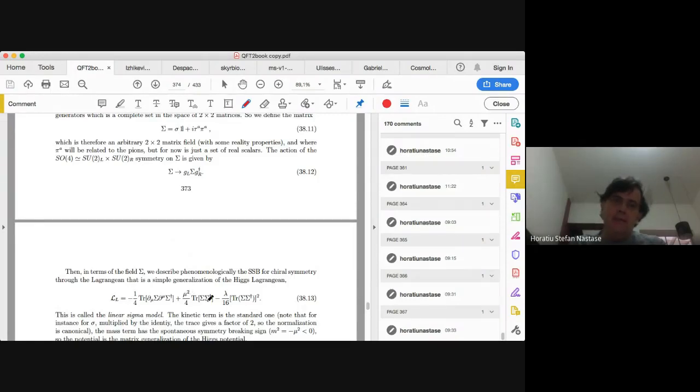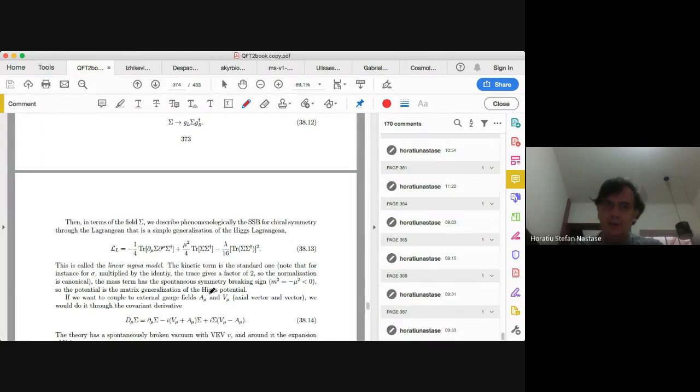And then I have the generalization of the mass term with negative mass squared. So plus mu squared over 4 trace sigma dagger sigma. Again, trace because this has to be invariant under symmetry. And sigma dagger sigma, that's what corresponds to